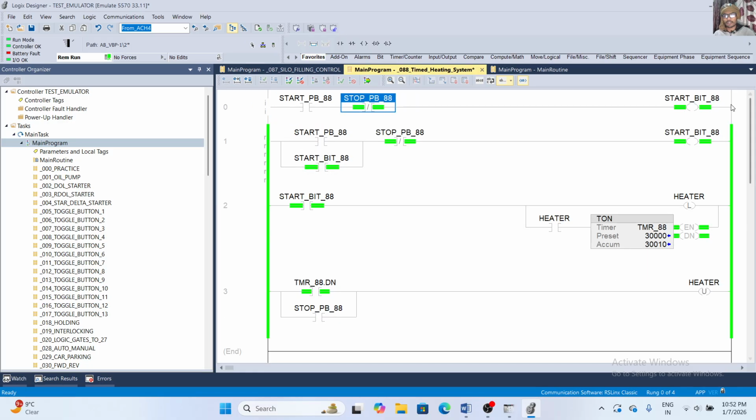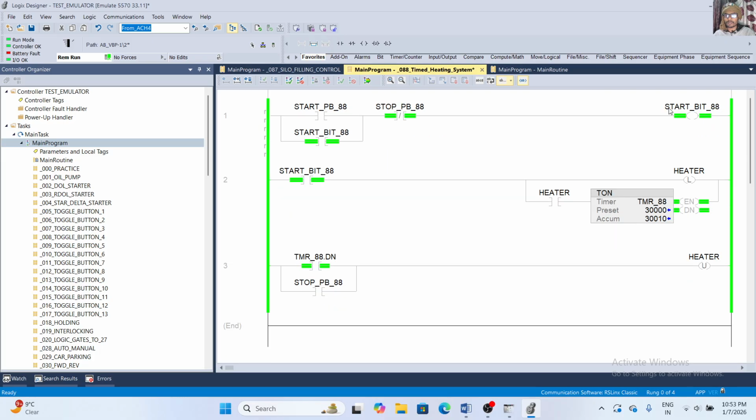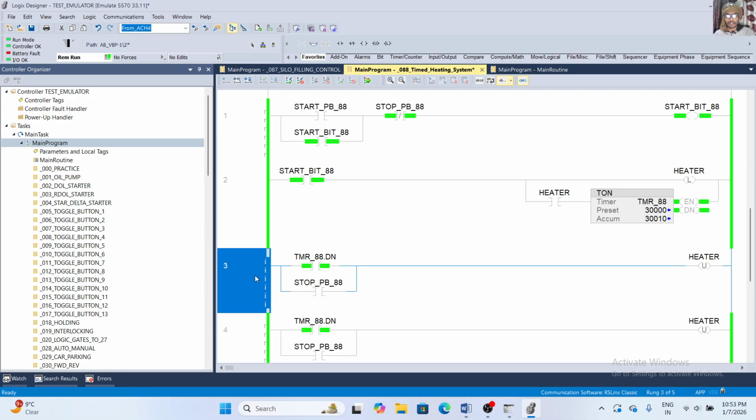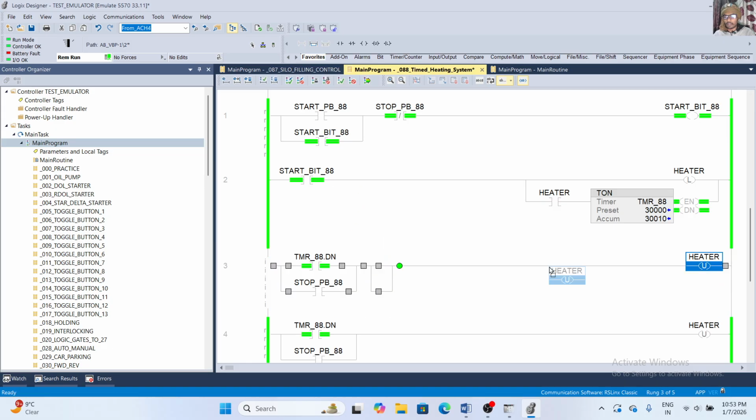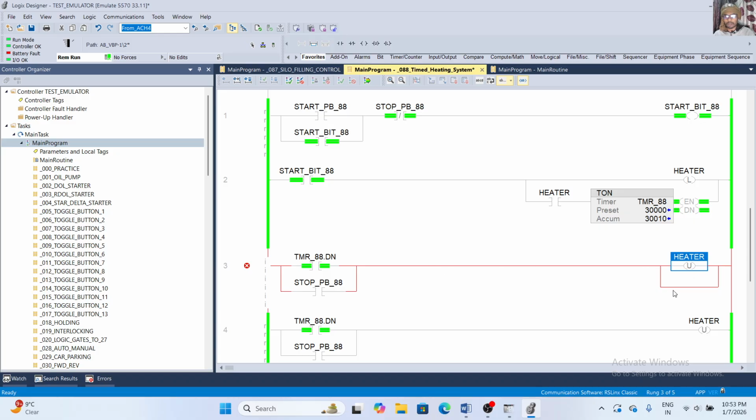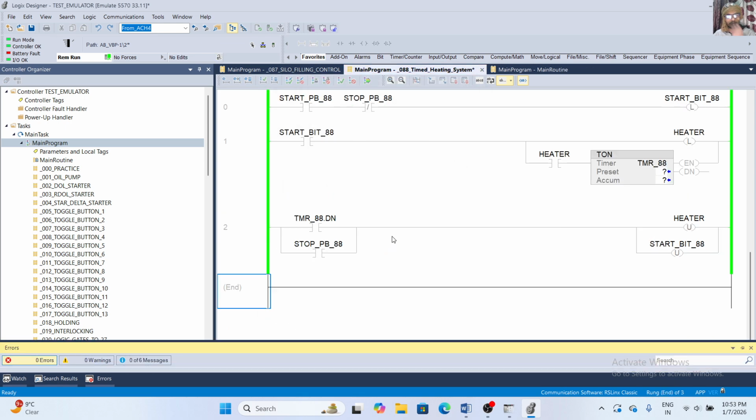I have to delete, and then for holding purpose I have to use an OTL bit. Here OTL, then I have to control C control V the start bit, and finalize this routine.